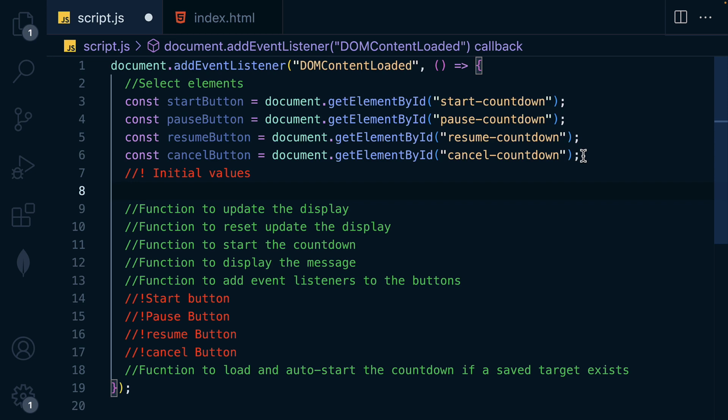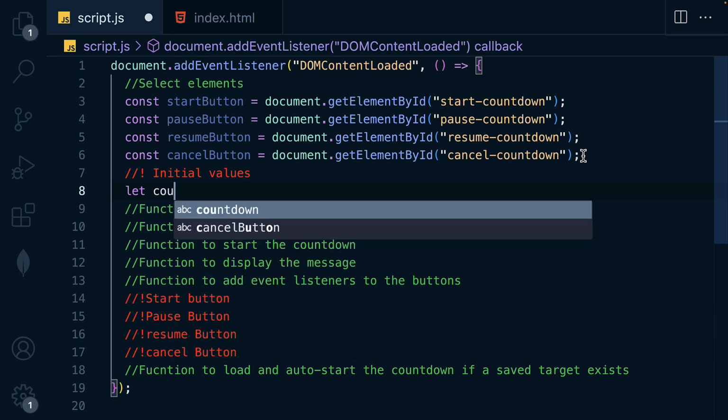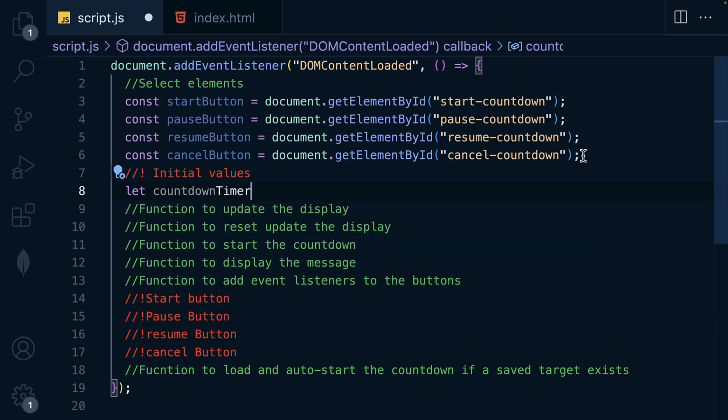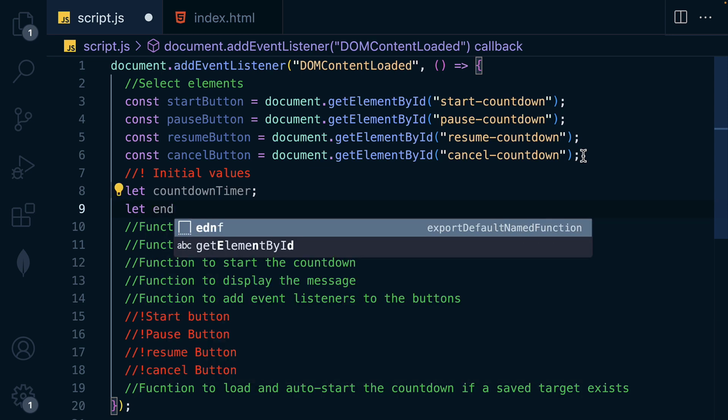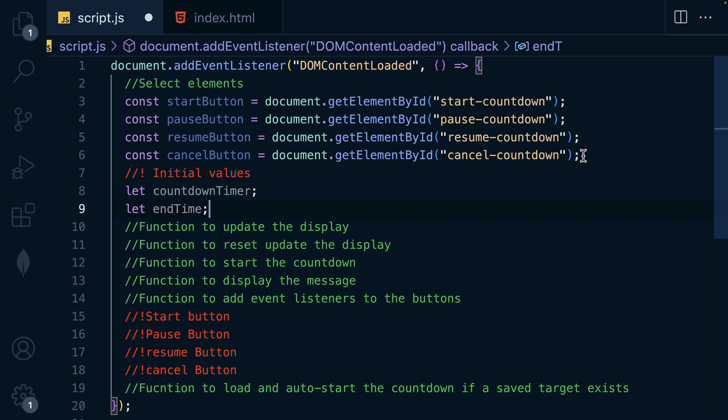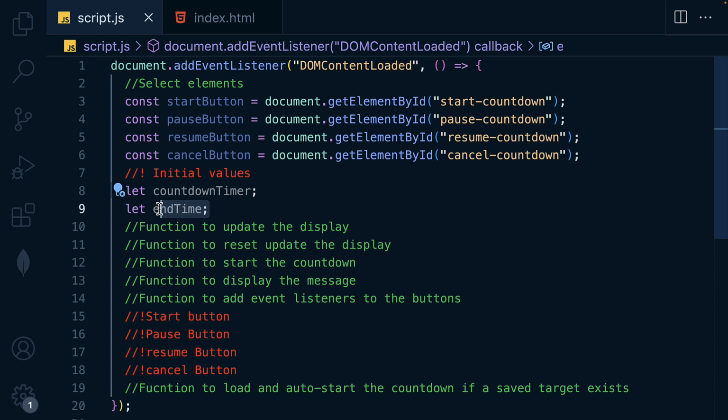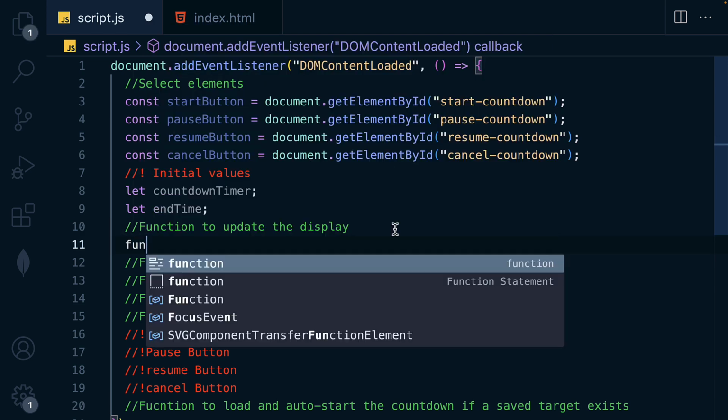And here we're going to have the countdown timer by using let countdownTimer. By default, we're going to have undefined as the value, and let endTime. Also by default is undefined, and this value is going to be accessible to all relevant functions in our application, likewise this one. So let's create the function to update the display as function